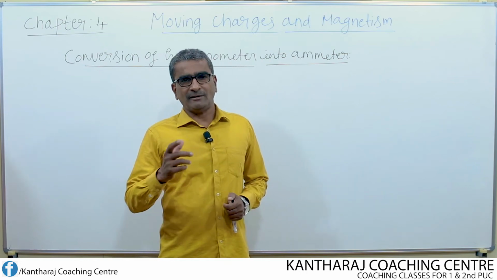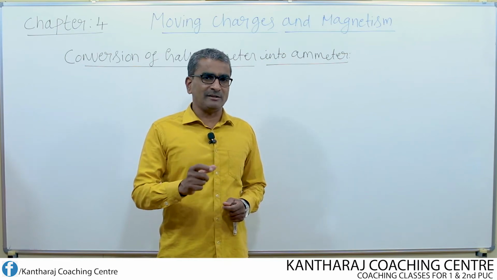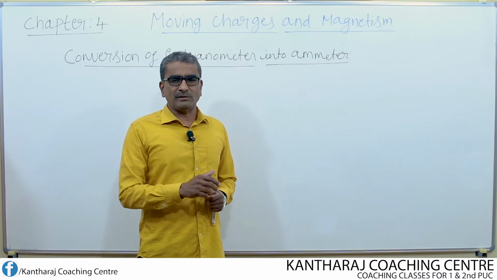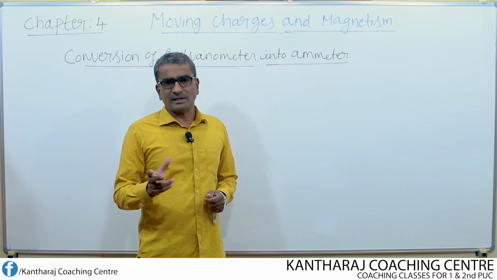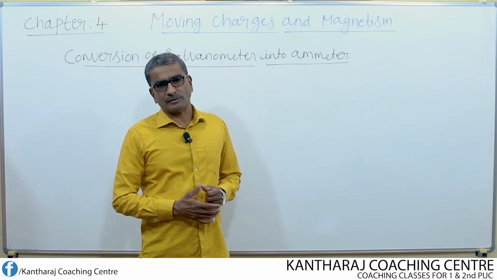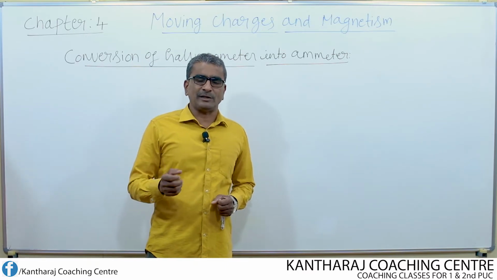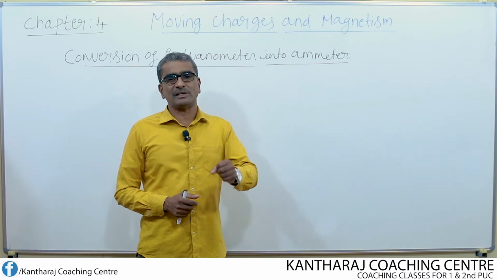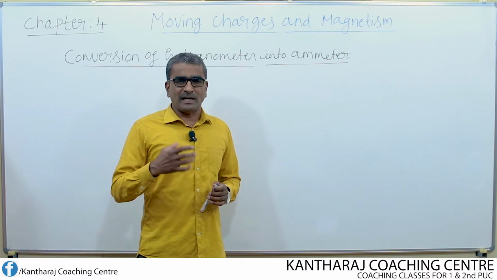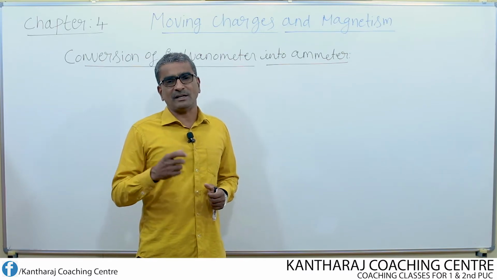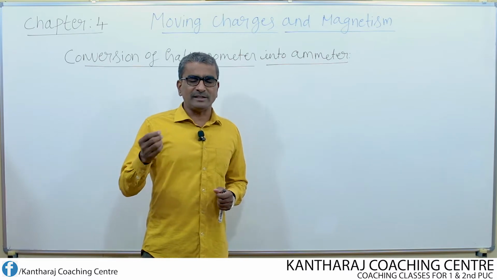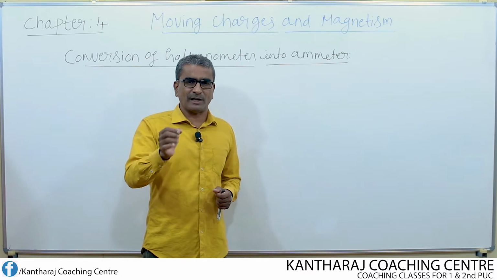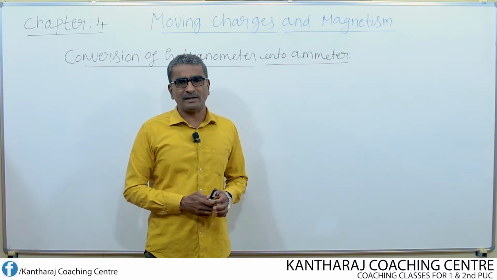We know that galvanometer is a current measuring device. Then if it is so, can we make use of this galvanometer to measure the current flowing in a circuit? Whenever current flowing in a circuit is of large value, then this galvanometer cannot be used directly to measure that current, because the galvanometer may not be able to sustain large amount of current, since it shows maximum or full scale deflection even for a current of the order microampere.